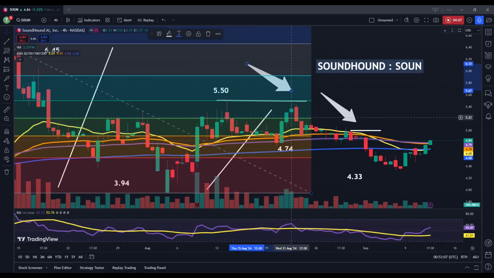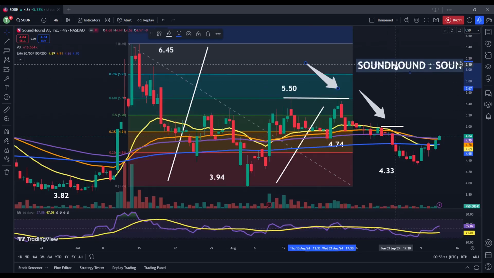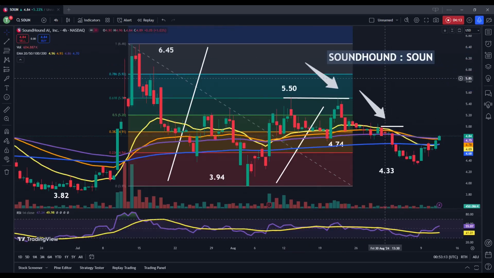Most recently, this was tested during the August 21 trading session. And a break here would be very significant because it would show that share prices can then probably move back above the $6 mark. So if we're looking at the Fibonacci retracement zones that can be found for this stock, really what we need to be looking at here is this 5.50 area in particular, because if we're looking at